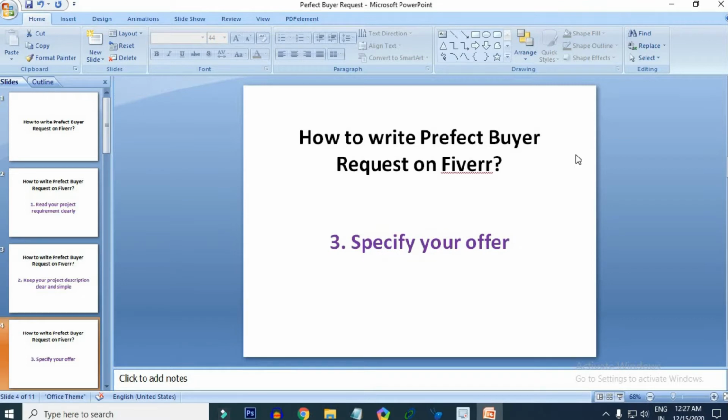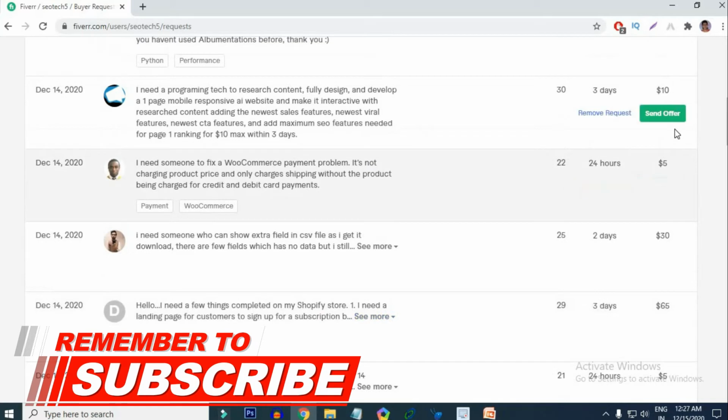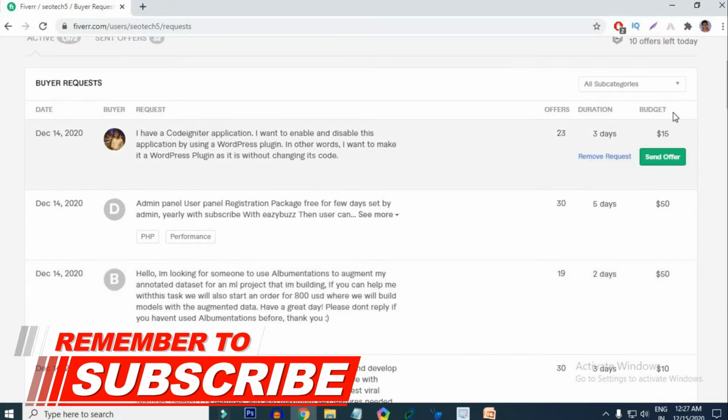Then you specify your offer price. Your offer price brings more sellers to your project, so you can receive more proposals from a lot of sellers in Fiverr. This is the offer price.